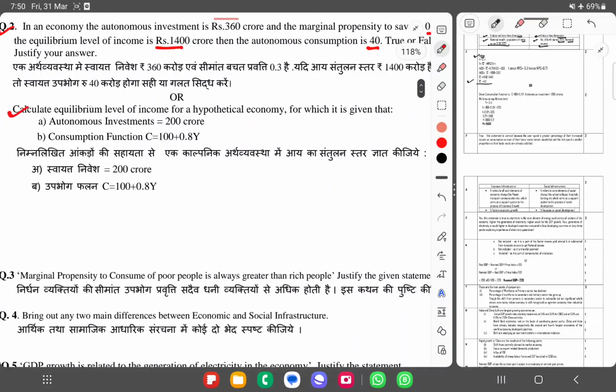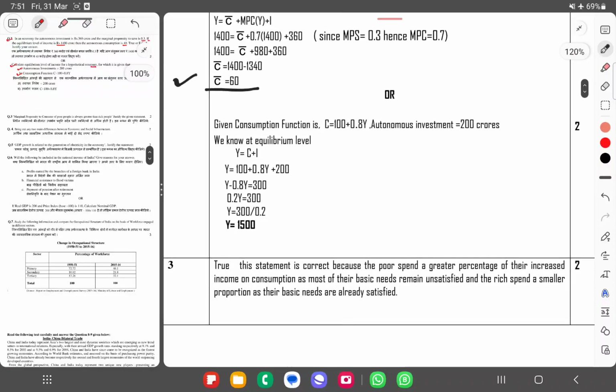Calculate the equilibrium level of income for a hypothetical economy for which it is given that autonomous investment is 200 crores, consumption function C is equal to 100 plus 0.8y. Yes, the answer for is given consumption function is C is equal to 100 plus 0.8y, autonomous investment is 200 crores. We know the equilibrium level is y equals C plus I and then y is this one। ठीक है, चलिए आगे चलते हैं क्वेश्चन नंबर 3 पर।